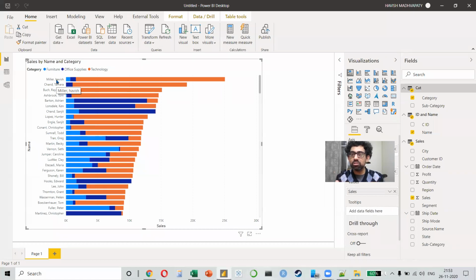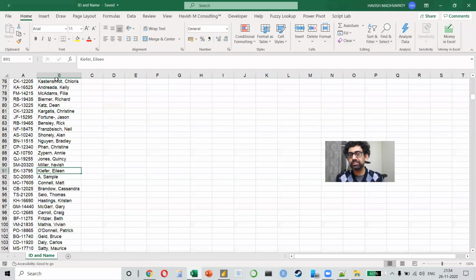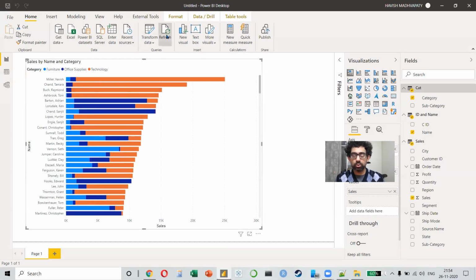Like every time you click on refresh, it's actually having to go to 6 different files. It has to combine the 4 files. It has to check for any change. It has to create a model and it has to refresh the visualization. And it just happens in a few seconds. Right? That is how fast the tool is.